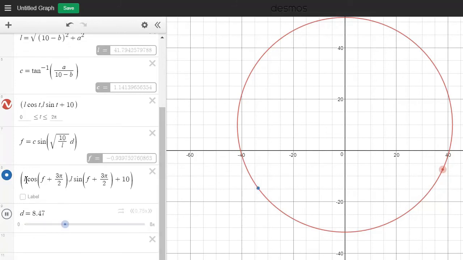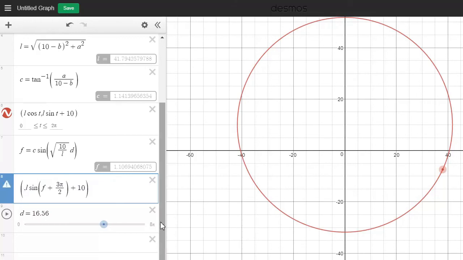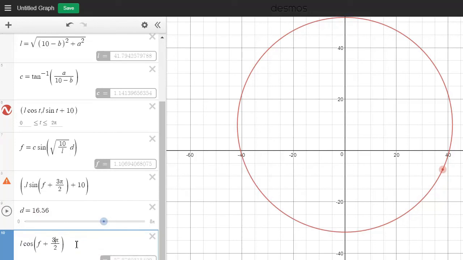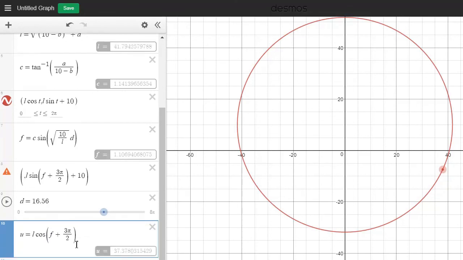Looking at the particle, the x component of the particle is a bit complicated. So let me just extract that. Extract the x component of the particle, cut, and then down here, paste. And then I'm going to call it U. So the whole thing, I'm going to assign the letter U to it. So U equals. Now going back to the X component of the particle,